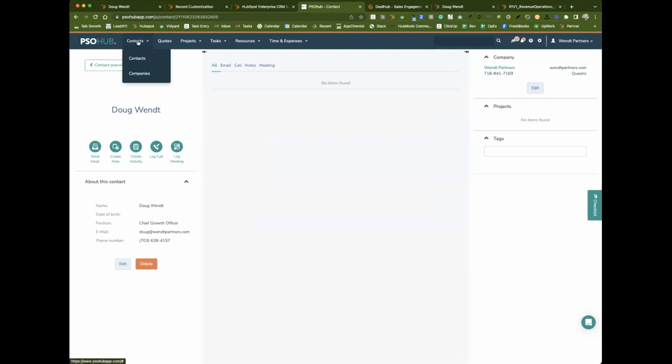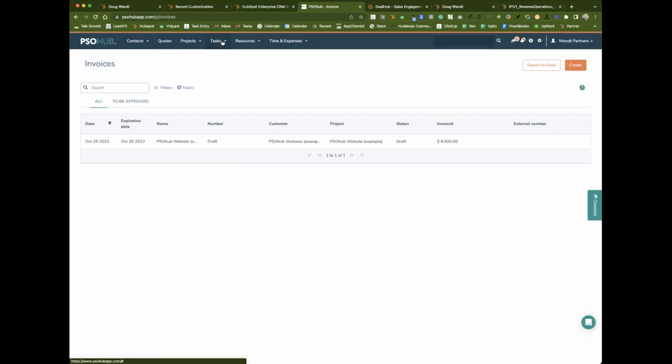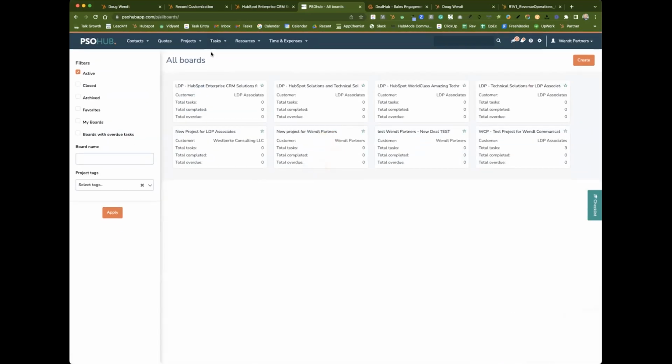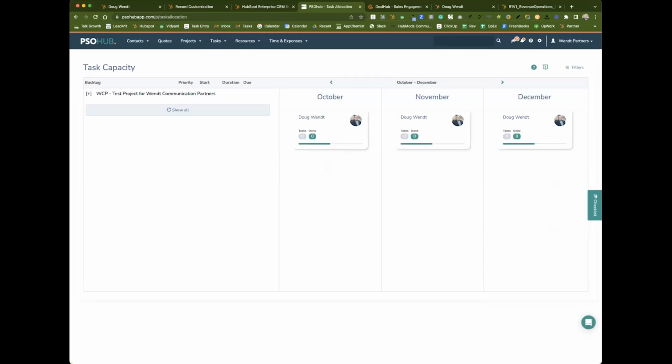And this gives you the ability to do quite a bit. You can quote out of here, you can invoice out of here. They integrate with certain invoicing software. I think there are even some on the roadmap that they are going to be able to integrate with shortly. So you can run external projects, internal projects. It really gives you a wide variety of things that you can do. And then it gives you a different ability to visualize your projects as well. So if you're more task chart oriented, Gantt chart, you can do it all in here.